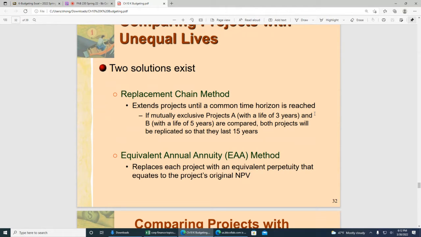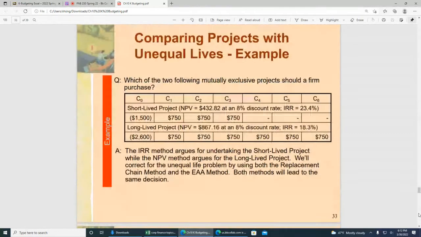And the equivalent annual annuity is basically assuming those projects can generate an annual annuity. I'm going to get to both of them. First,